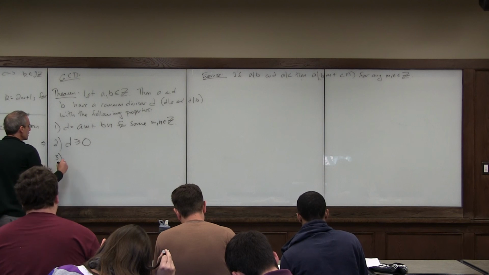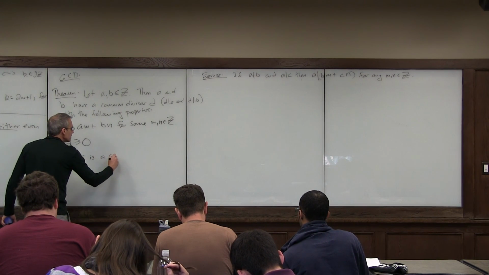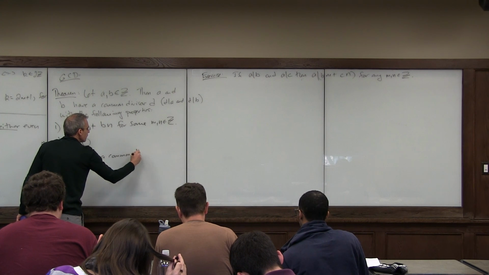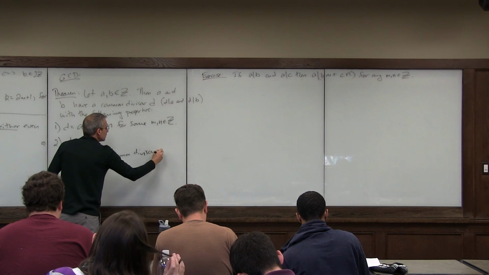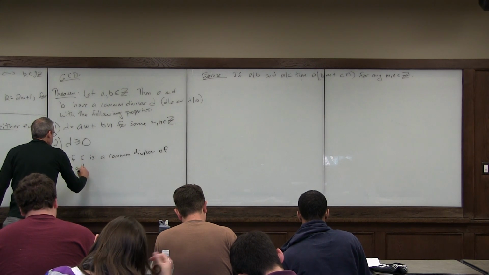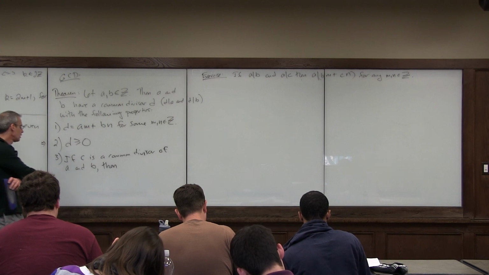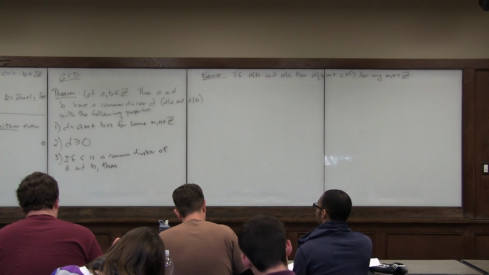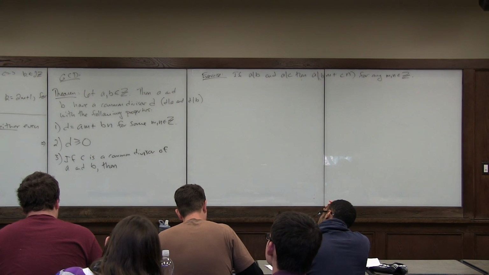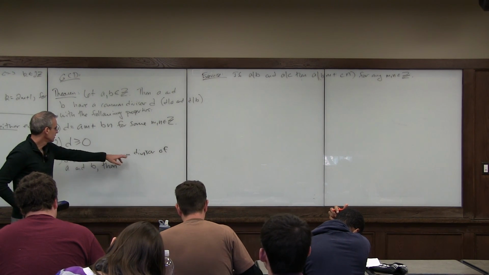And then the third property is if C is a common divisor of A and B. Well, we're going to get to the greatest part in a minute, but if D